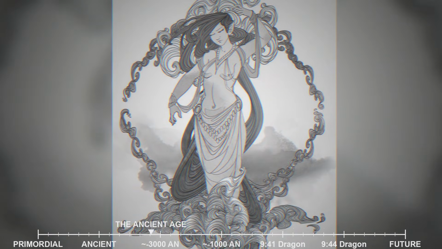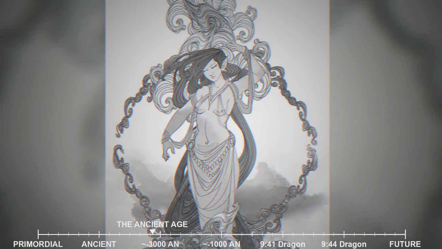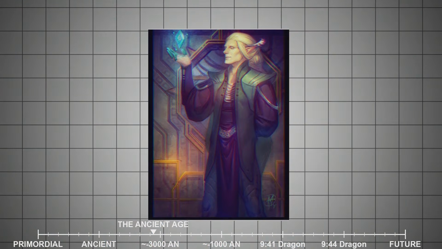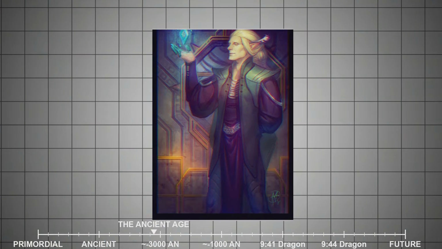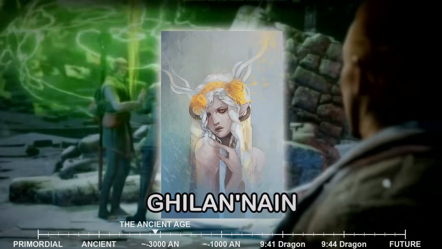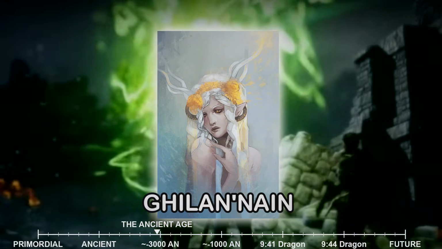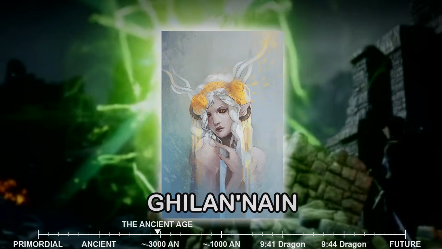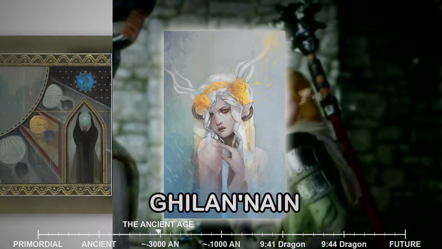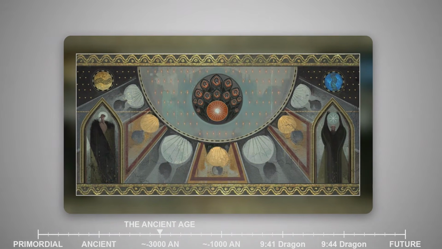Sylaise, the Hearthkeeper, teaches the domestic arts and is credited with giving fire to the people. June, the master of crafts, forges weapons and tools of such quality that they seem alive. Ghilan'nain, the Mother of the Halla, will eventually ascend to join the Evanuris after demonstrating her ability to create entirely new species of creatures, her experiments in biological manipulation earning her a place among the gods. Yet, among all the Evanuris, two stand apart in ways that will prove crucial to everything that follows.